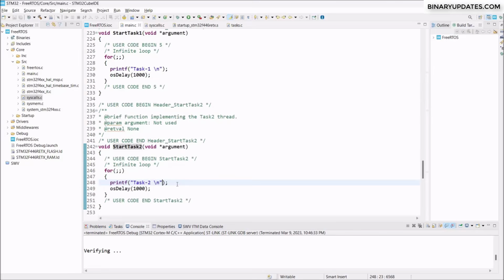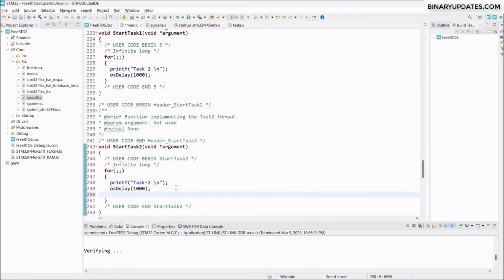So it's possible in FreeRTOS that you can delete one task from another task. That is possible. Let me just show you. So here, after printing task 2, under task 2, it will block task 2 for 1 second, and after blocking the task for 1 second, we have to call the API